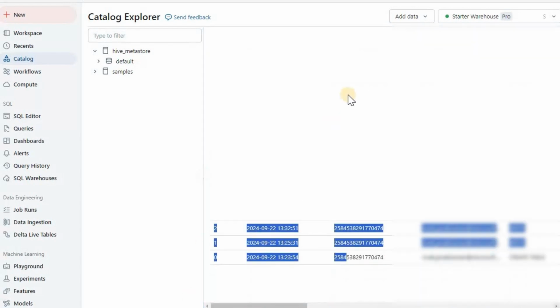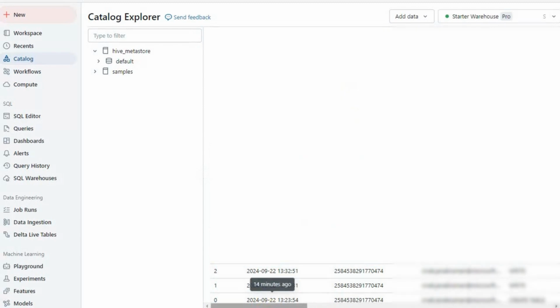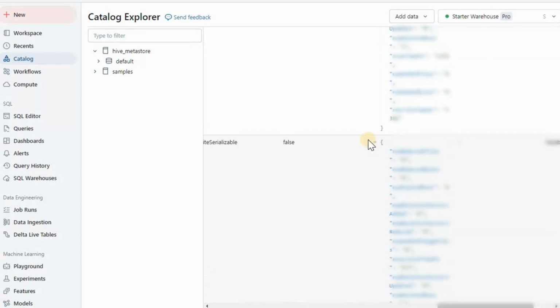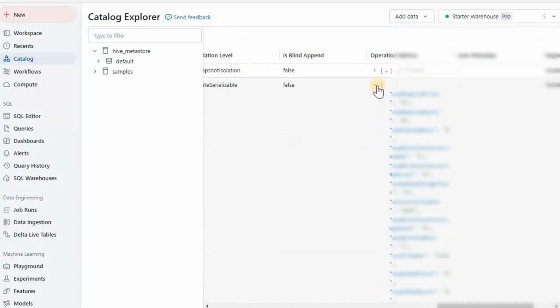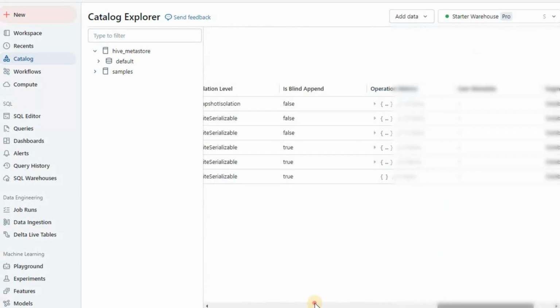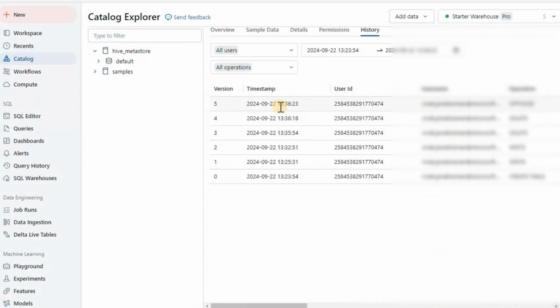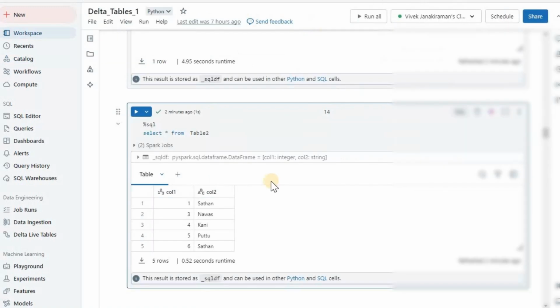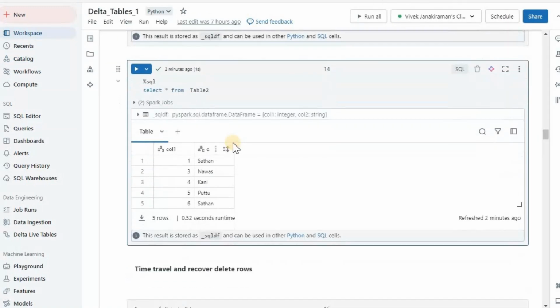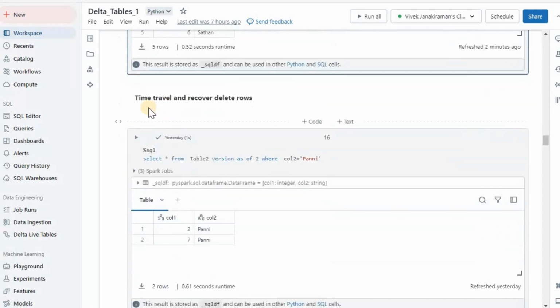Yeah, so now, version 5 is optimize. We'll talk about the optimize operation later, but as of now, these are the versions. Now what we are going to do is, let's go to the notebook. And now I'm going to do a time travel and recover the